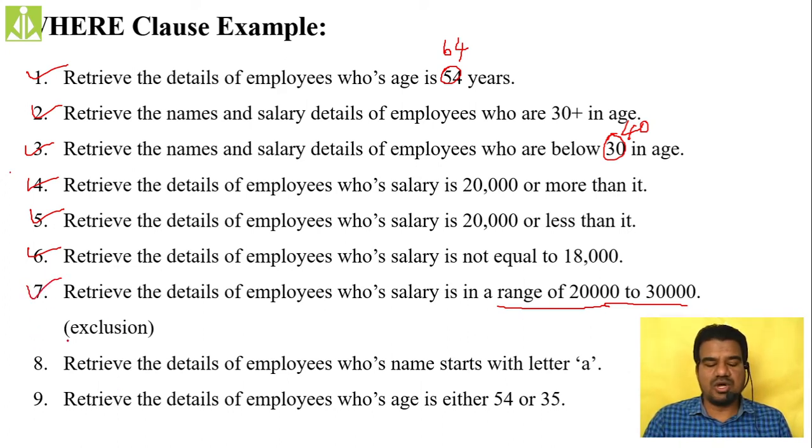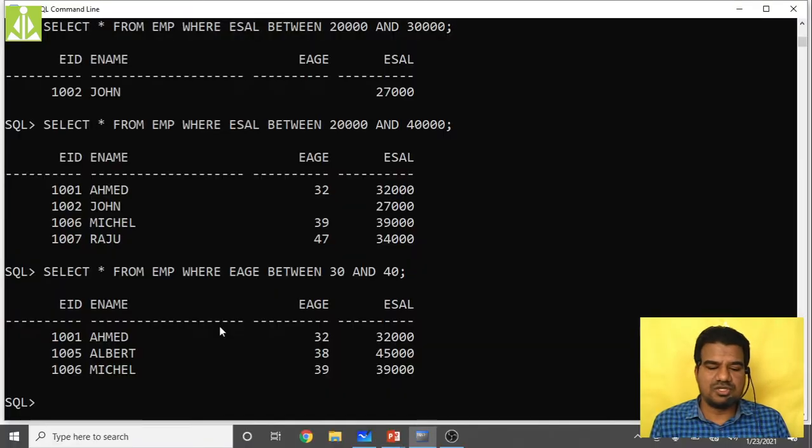Here we have to discuss exclusion. Exclusion means that whatever range you specified, it will exclude that range and select everything other than that. In the previous case, without exclusion, what did it do? It selected the rows satisfying our range. When I said select star from employee where age is between 30 and 40, whatever rows from my table satisfy that range, all those the select query has selected.